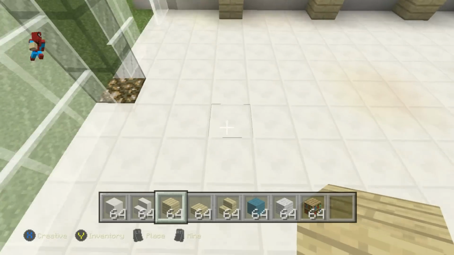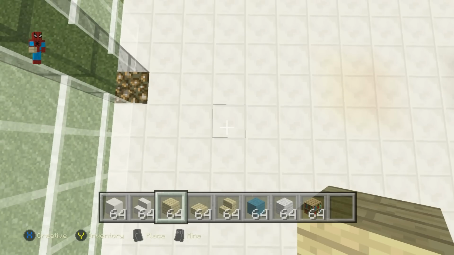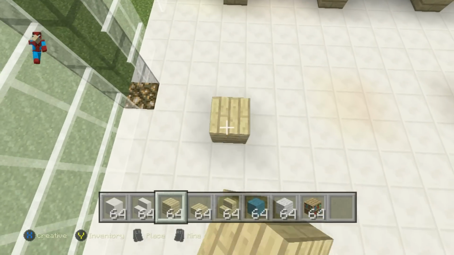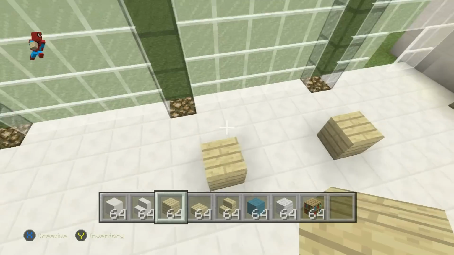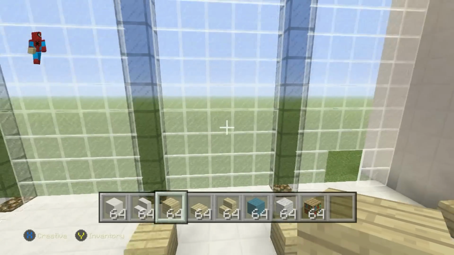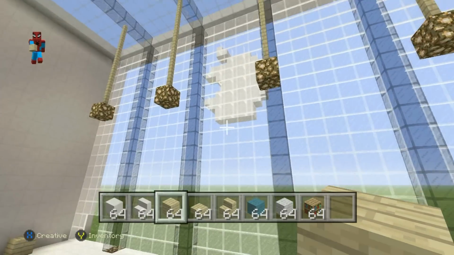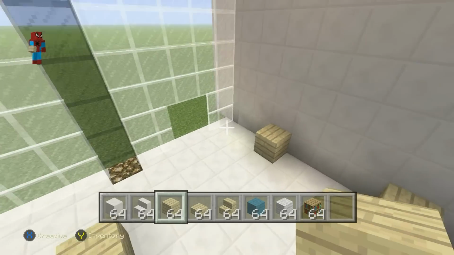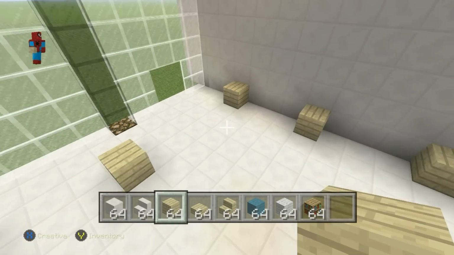Well, in line with that birchwood plank, inside of the first window, or the second window I should say, you want to place a birchwood plank in this position, and in this position. So sitting just inside of the window, this second one coming in, either side of the Apple logo, we want to have 2 birchwood planks here on the ground, in line with that first birchwood plank that we placed earlier.